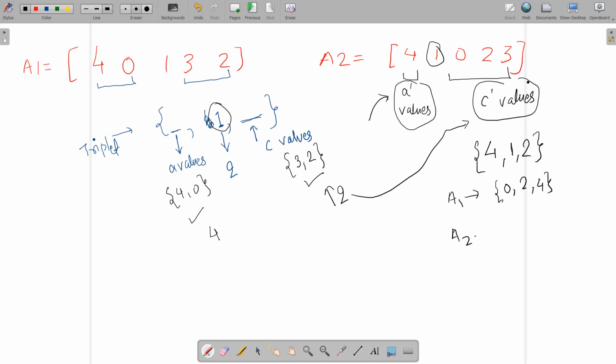And for a2, according to this triplet, the values will come out to be 0 1 and 4. Sorry, it would be 3. And this is also in increasing order. So it means that this triplet is good, right? Okay, so what I want to say is, to make the triplet good, we will fix this b, and